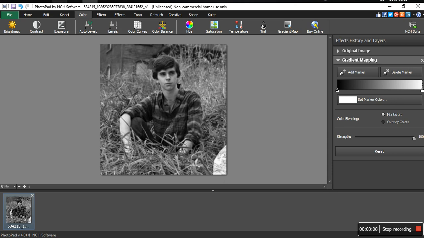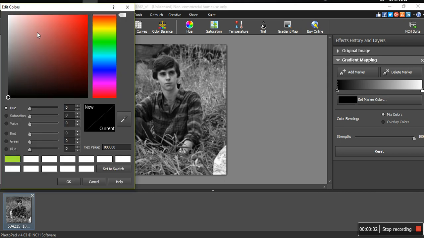So this is a guy, we cannot change that. So we have to first click here. When you click here, guys, you can notice that your set marker color changes from white to black. When you click here, it will change from black to white. So when I click here, guys, that means now I'm holding this bar, so I can change this to any color I want. So let's say Highmore wants it to be